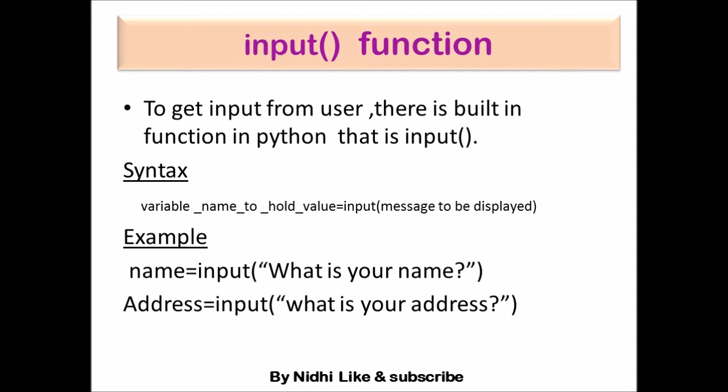After that you see here an example is given. We have a name variable. In this name variable we are taking a name. "What is your name?" This message will be displayed on the output screen when we write this code. Then whatever the user enters is stored in this variable, and with the help of the print method we can get the result of what was inserted in name. Similarly, we can take address, age, etc.